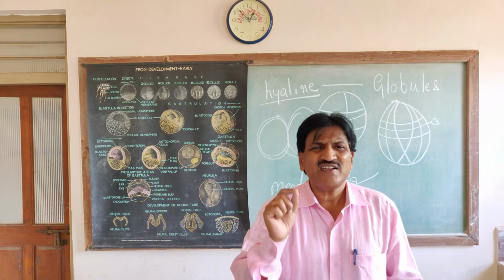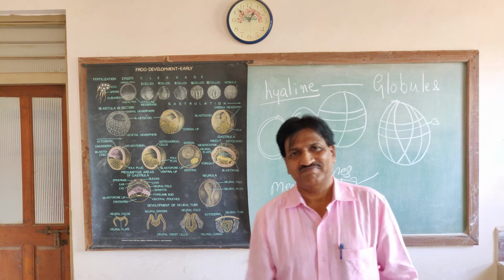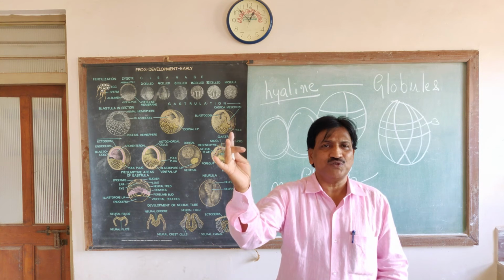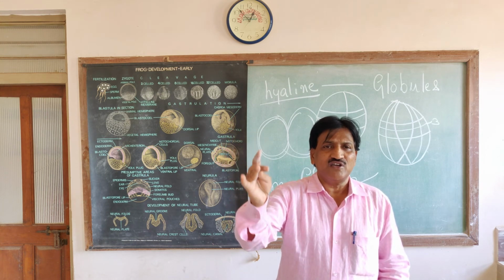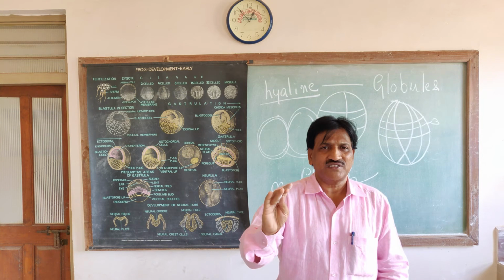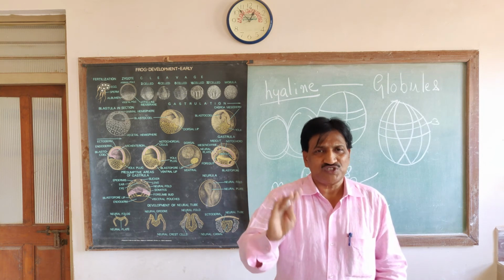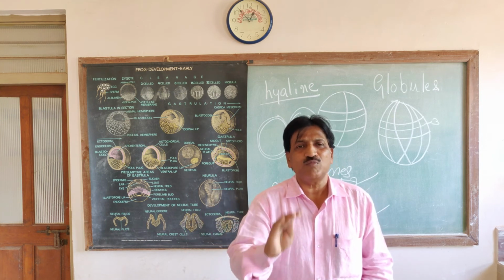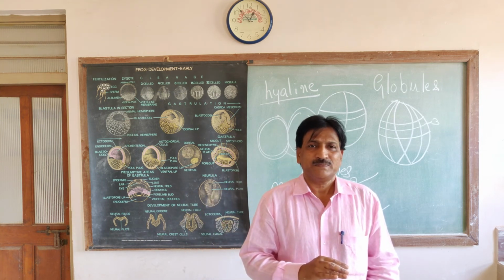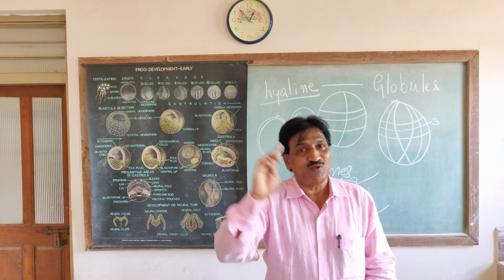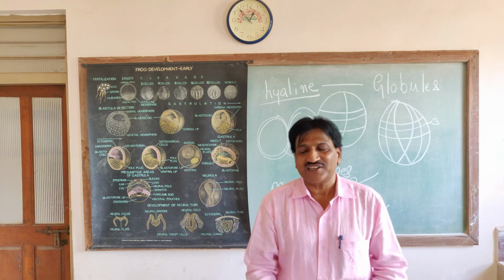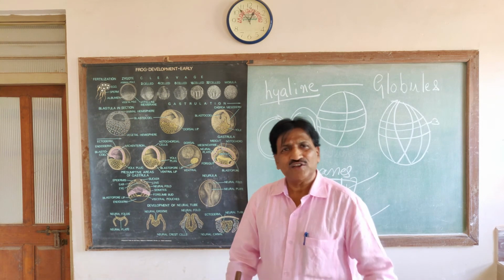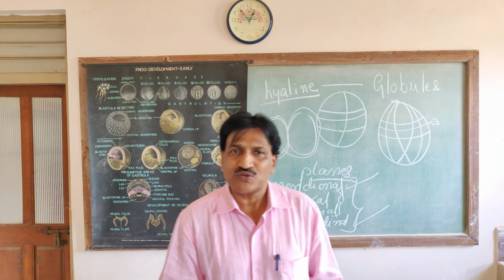So we have to write at least 5 to 6 points. One is the shape, second is called blastulation, and third one is the micromeres and macromeres. The cavity is called blastocoel. It is eccentric in position, filled with a kind of fluid called blastocoel jelly. Okay, 2 cell thickness at the animal pole, many cell thickness at the vegetal pole. That is the end of the blastula in case of frog.